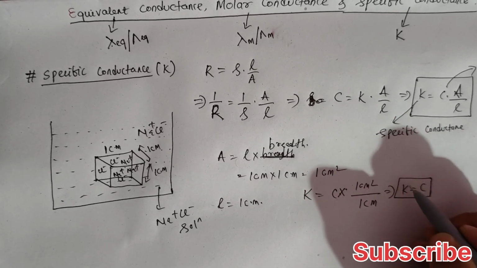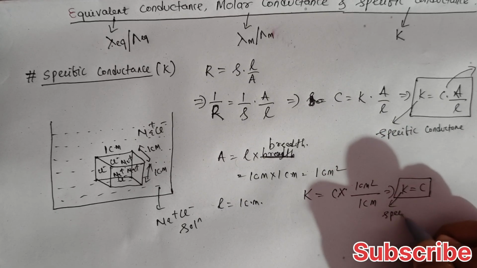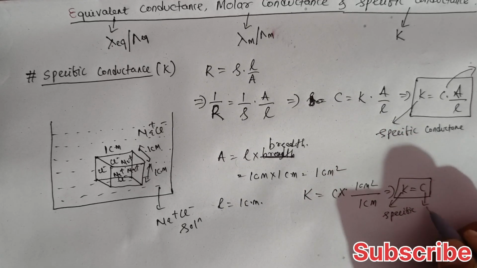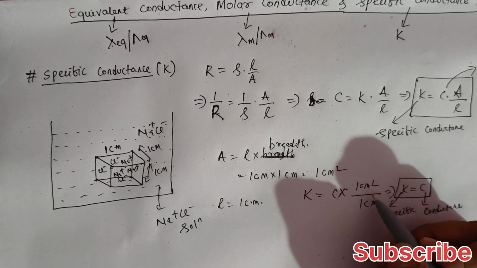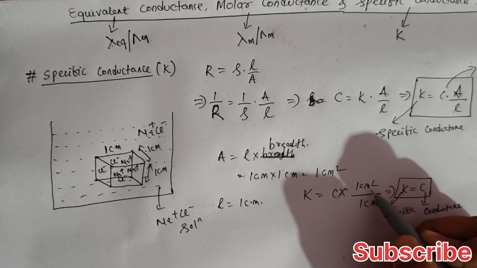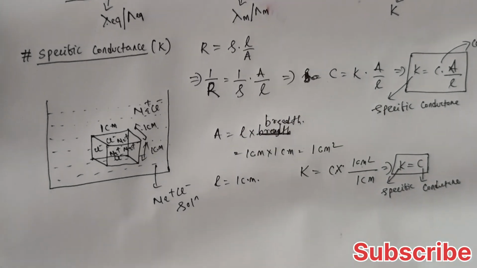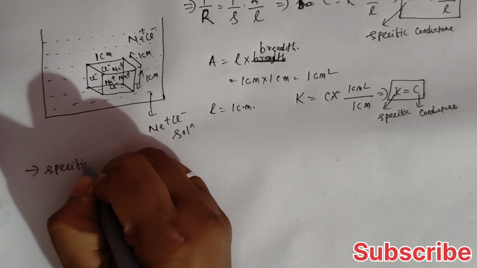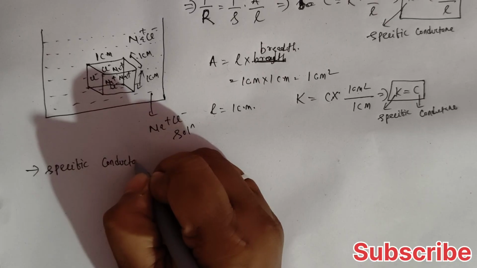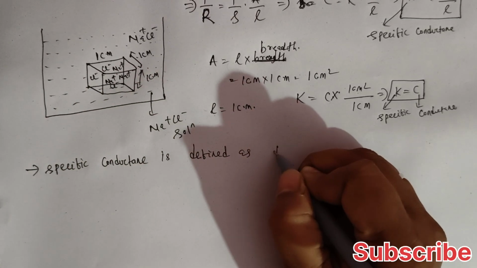That means specific conductance is equal to conductance when area is 1 centimeter square and length is 1 centimeter. So we can define specific conductance. Specific conductance is defined as the conductance